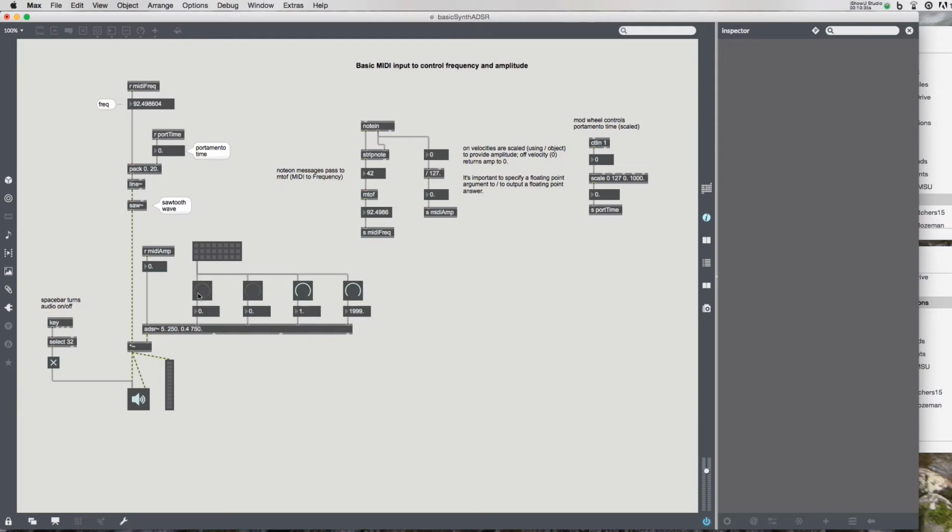So 5 and 250 and 0.4 and 750 around there, and I'll shift click to store. Then I could do